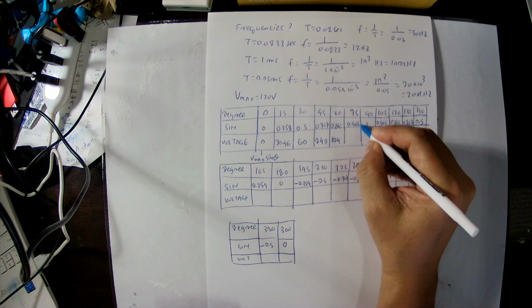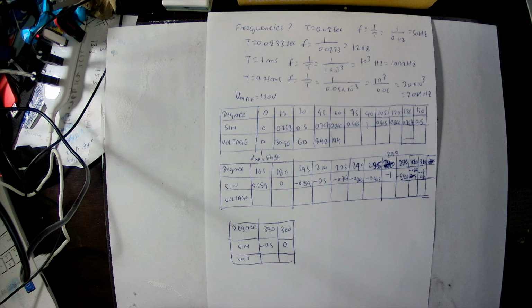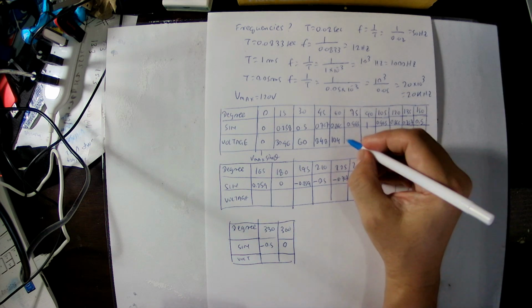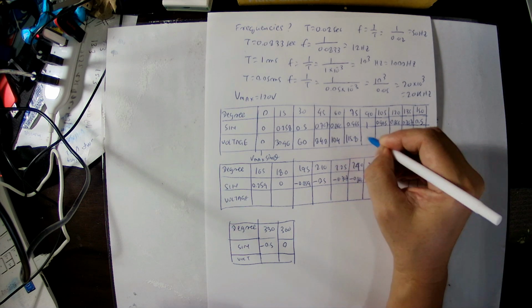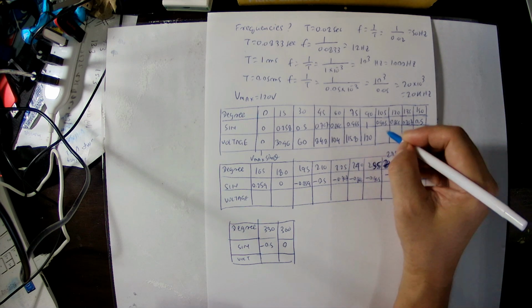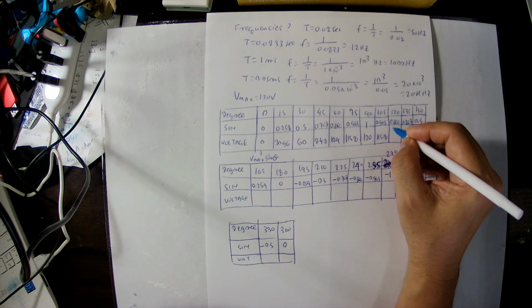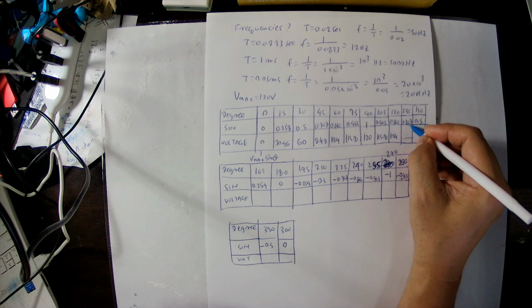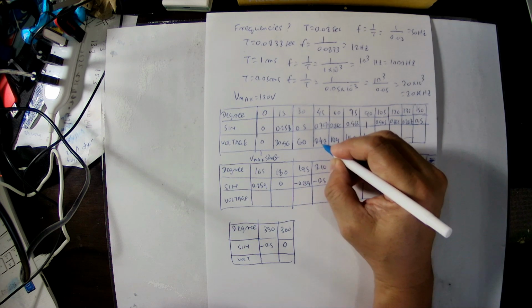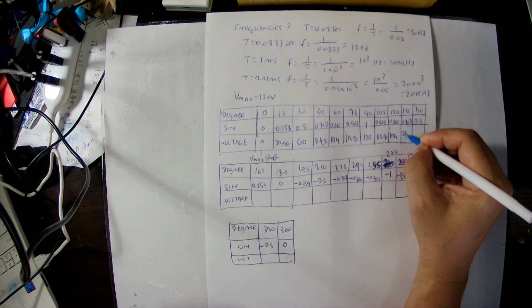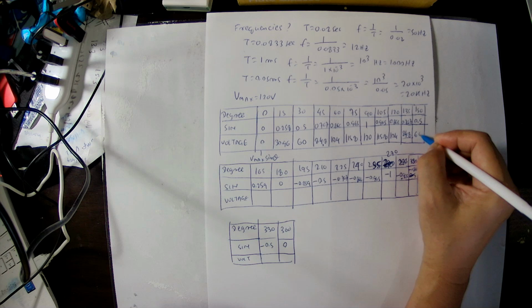And 0.965 gives 115.8. So this is 120, this is 115.8, here is 104, here is 84.8, here is 60, and at 165,